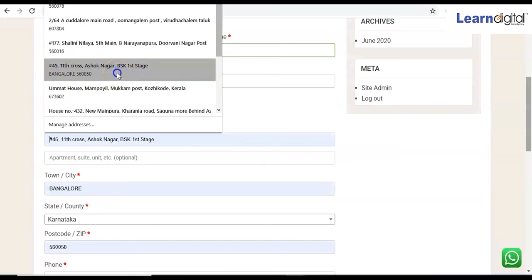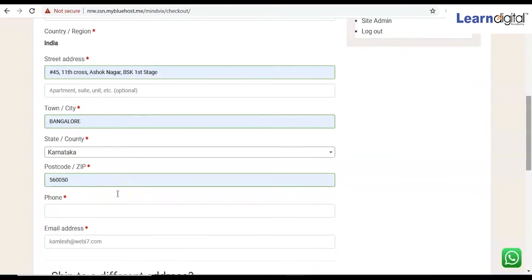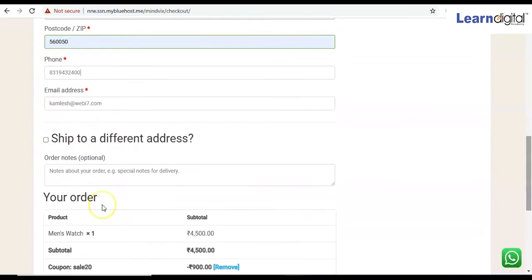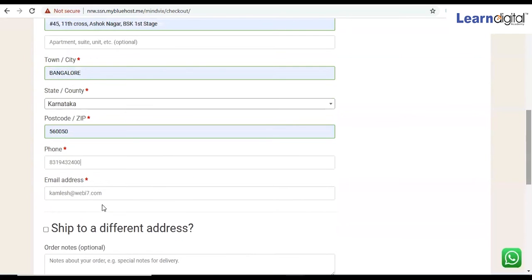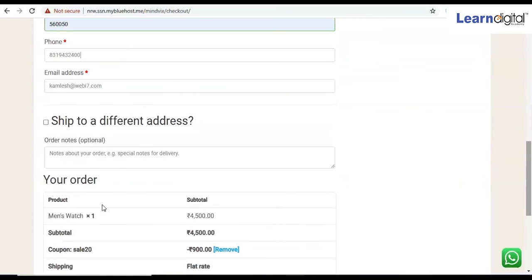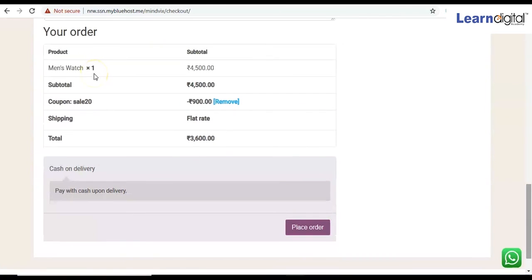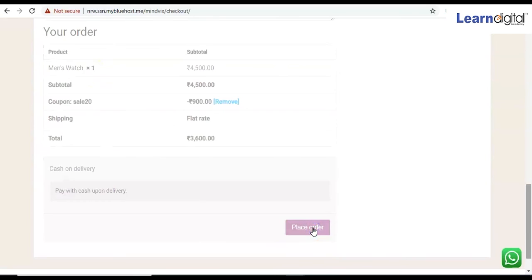Like I'm taking this one, and the phone number I can pick up over here. If I want to ship this particular product to a different address, I can change the shipping address as well. I have done that, and simply I will click on place order.